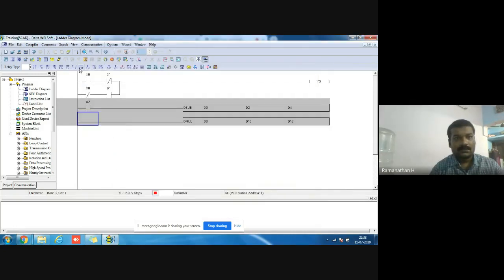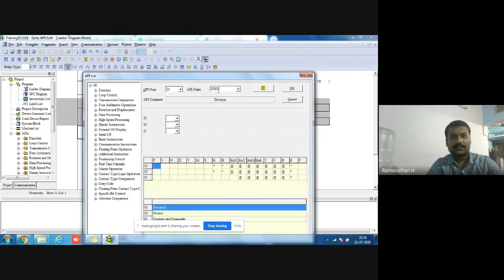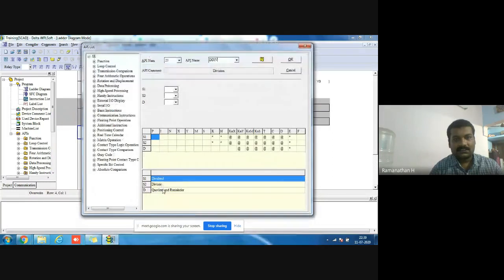Here also I want to do the same. I know that, just do divide. This one is divide, and it gives the quotient and remainder. Use as default.